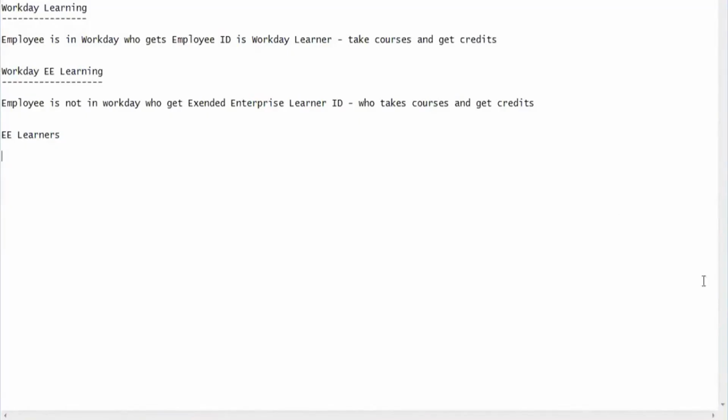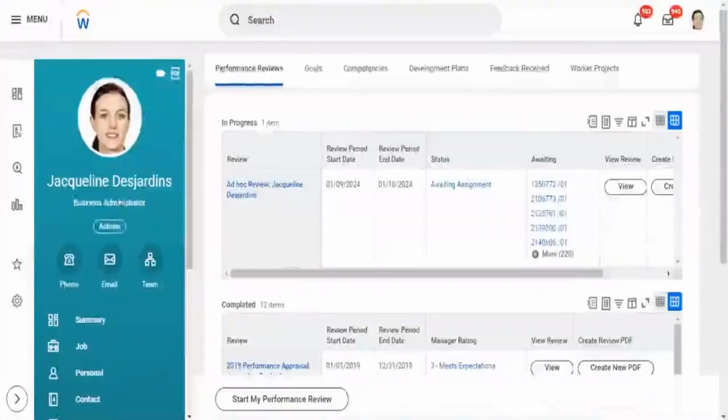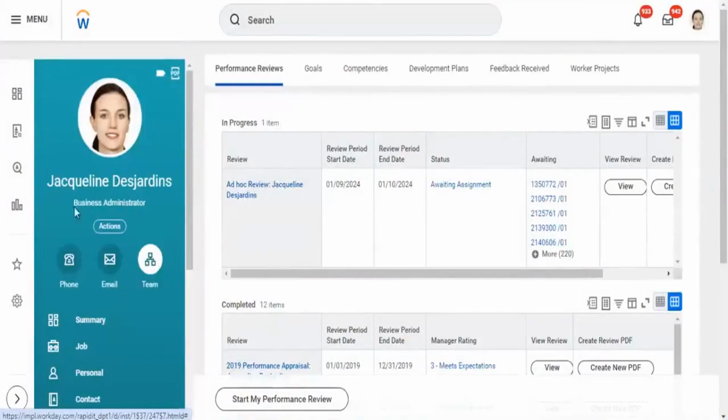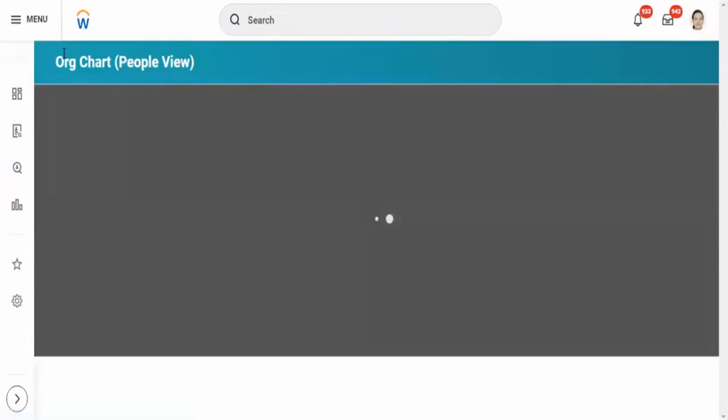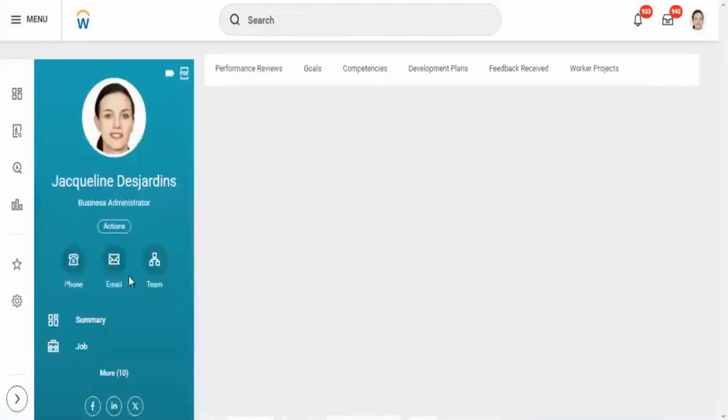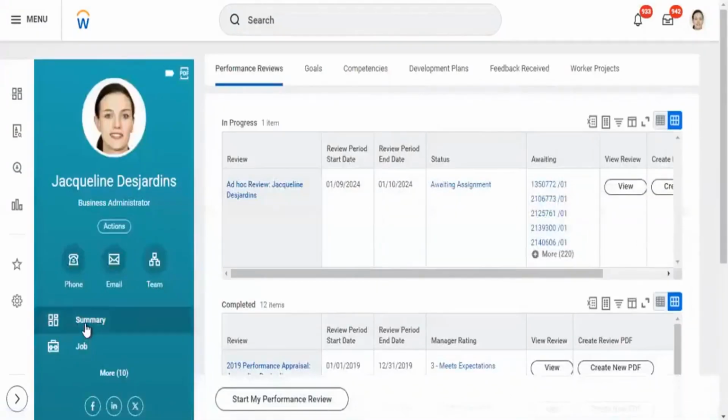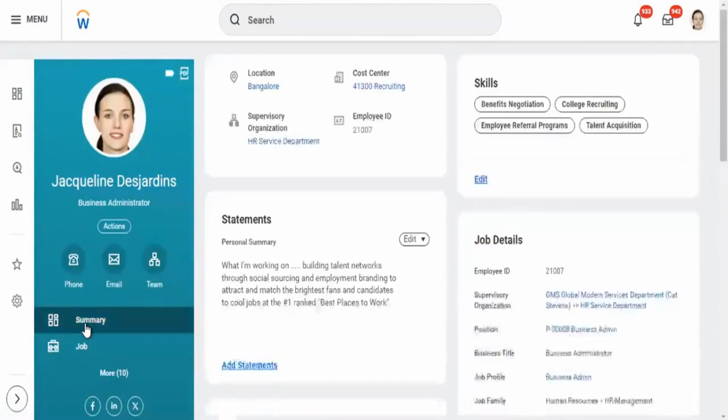And in Workday, we typically see that this employee has a team and reports to one manager. If I go to her manager's profile and go back to the summary, she does not have a manager.